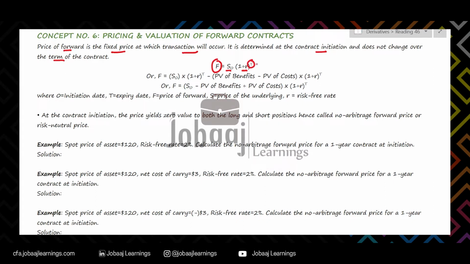Okay, if you have understood concepts 1 to 5, then you must have already understood the logic behind this, right? Remember concept number 2 where we learned about pricing the underlying, right? Which was something like expected spot price divided by the discount rate, right? I'm ignoring other parts of the equation. So you just flip this equation and replace this expected spot price with the forward price. Then what you get is forward price equal to spot price times (1 plus Rf), right? So this is the equation that we have here.